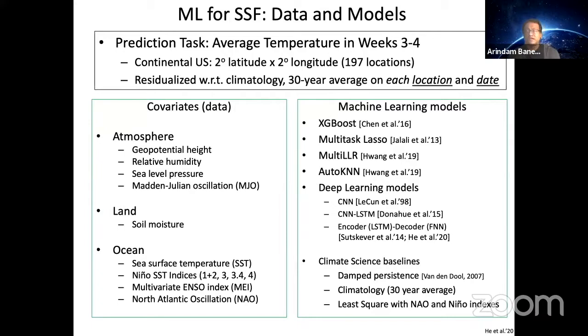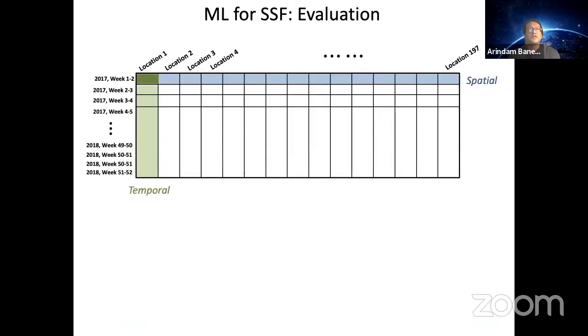This took us some effort to do, but the evaluation was based on, let's say location 1 is Minneapolis, and we have trained it on the past 30 years, and the validation on hyperparameter tuning has all happened in those 30 years. And then our first forecast is going to be weeks 1 and 2 in 2017. And then we shift everything by a week, and we forecast weeks 2 and 3 average temperature in 2017. We keep doing this over a period of 2 years, right?